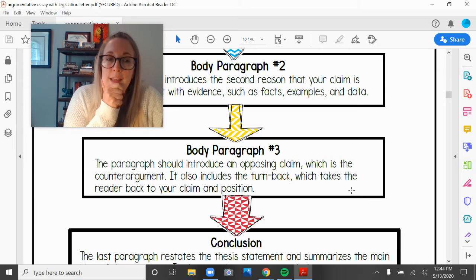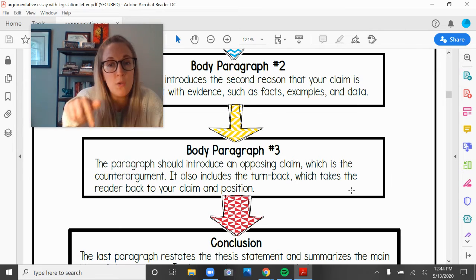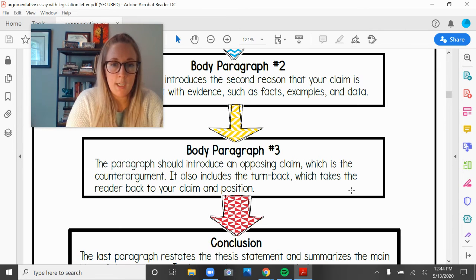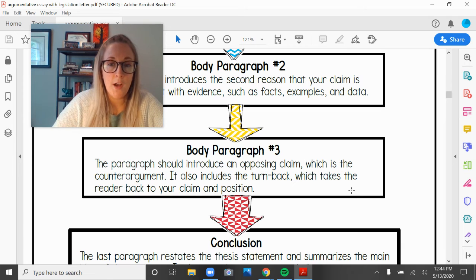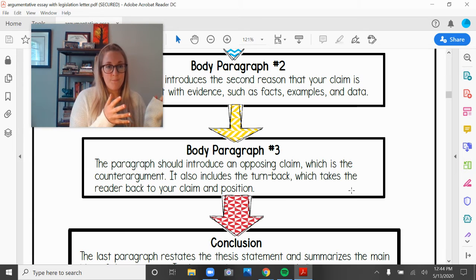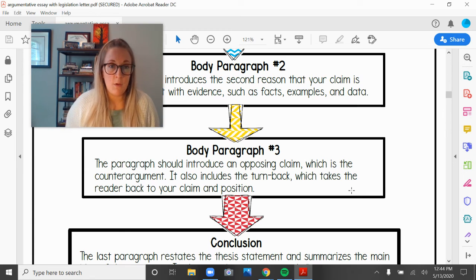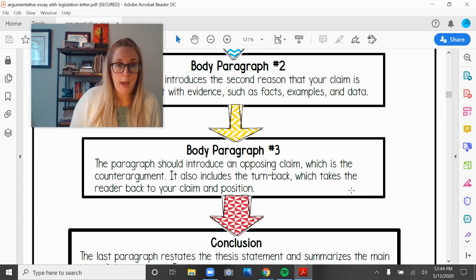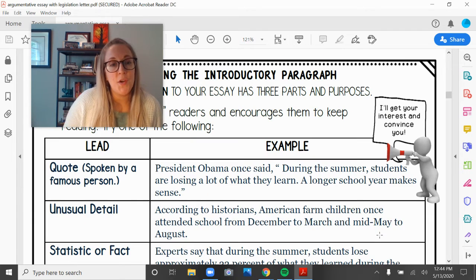It says, the paragraph should introduce an opposing claim, which is the counter argument. And then it should include the turn back, which states the reader back to your claim and your position. So basically paragraph 3 is saying, you know my claim. You might tell me that my claim's wrong because of this, but actually let me tell you why that's wrong, okay? And then you're going to wrap it up with your conclusion,